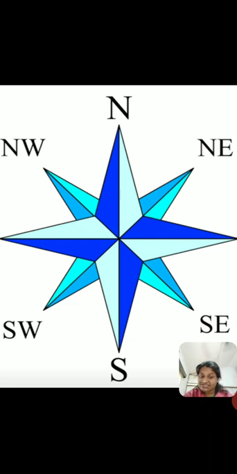You need to write this down, make a star, or draw four lines and the sub directions in between, so that you can remember. What are the four main directions? The four main directions are north, south, east, and west, as you can see in the picture that I've put up. Apart from this, we have the sub directions, which are northeast, between north and east, northwest between north and west, southeast between south and east, and southwest between south and west.